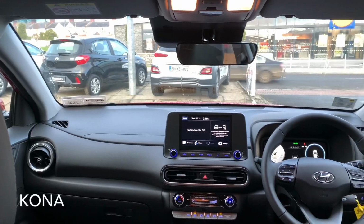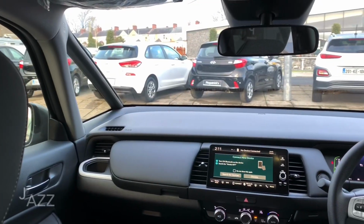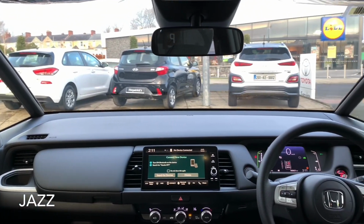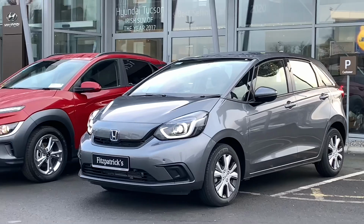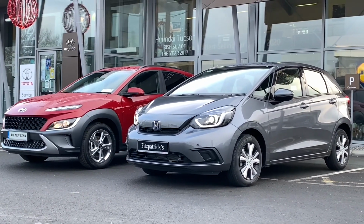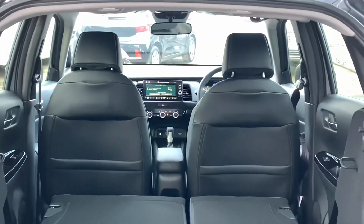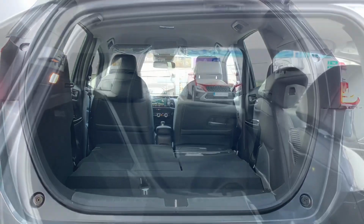Again, looking forward, the Kona has a pop-up dash, and the binnacle for the clocks is a little bit higher, where it is completely flat on the Jazz. And like what I was saying to you, compared to the i20, the visibility is just way better. I think it's an important point, because if you look at the Jazz price point, it'll seem expensive compared to the small Super Minis, but when you compare it to something like a Kona Hybrid, it'll start to make a lot of sense. The seats fold down flat in the back, and you end up getting a 1203 litre space,